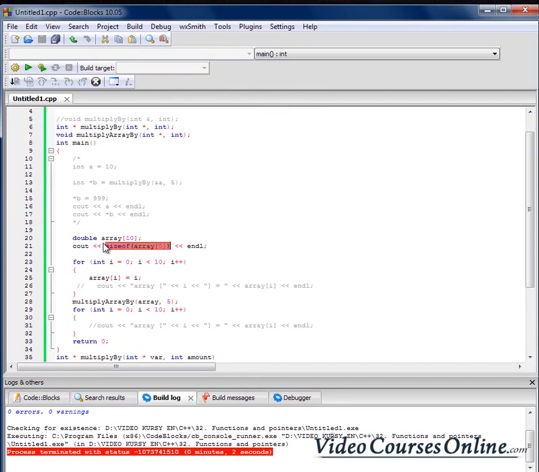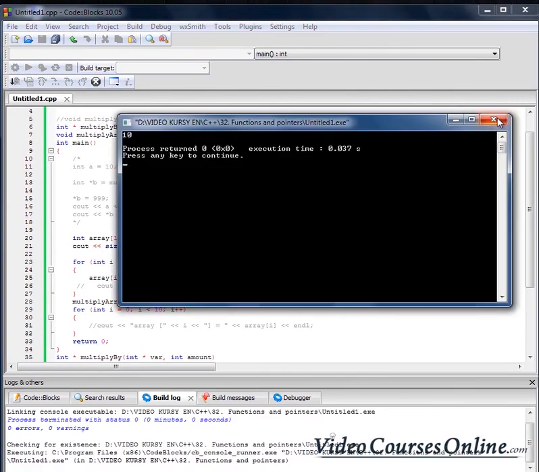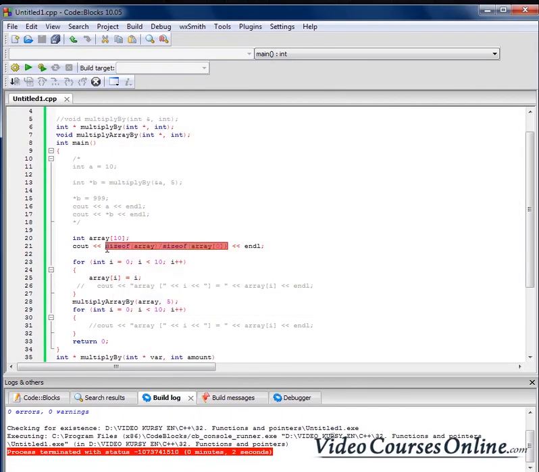And now we can, of course, also do something like that. Size of our array divided by the size of the type that is right now here will just give us the size of the array. So it is 10, right? And now we can just use it. Now we can just change it here, and it will work fine,